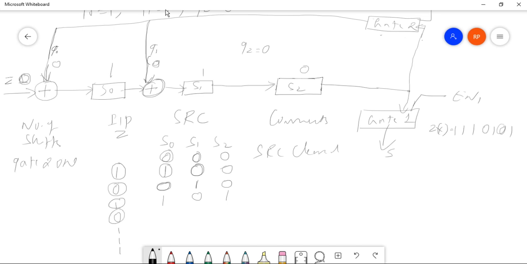input is 0. The present contents of the shift registers are 101. It means the 1 will travel, and the line values, the first time, these two line values will be 1 and 1. So 0 is the new input, so 0 plus 1 is 1, so S0 will remain 1. Okay, so the old value of S0 is 1, the coming value is also 1, so 1 plus 1, S1 will become 0. The old value of S1 is 0, that will be shifted to S2, it will become 0.